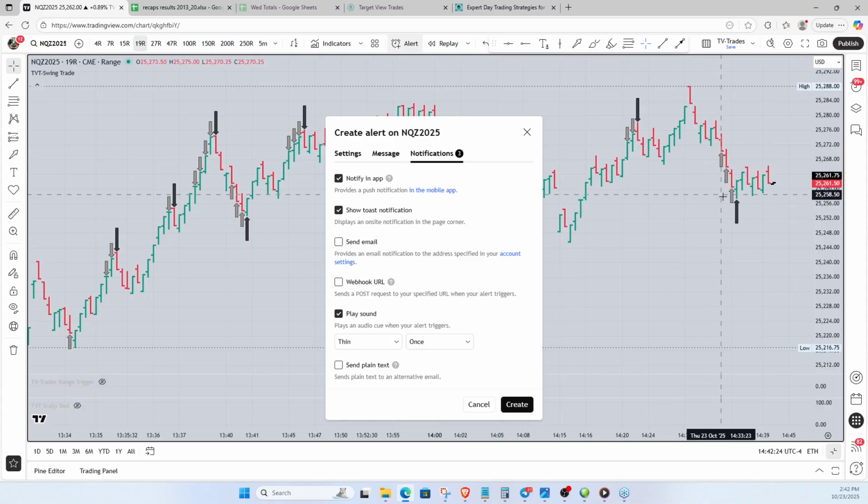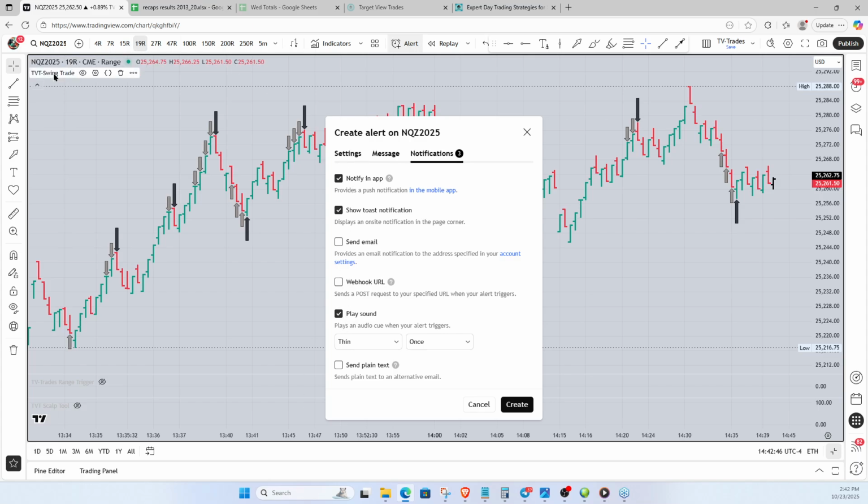Now, the alert that gets sent out with this gives you information. It sends out an alert on the gray arrow and on the black arrow. I'll show you what it looks like in a second. I'm going to hit create on this. We'll probably get some alerts created when I do this, because I have it notify me in the app, notify me in the toast, so it's going to show up over here in the alert section once I create this thing.